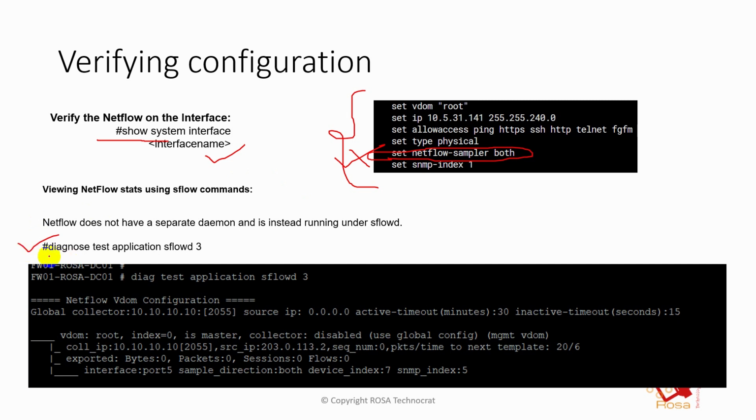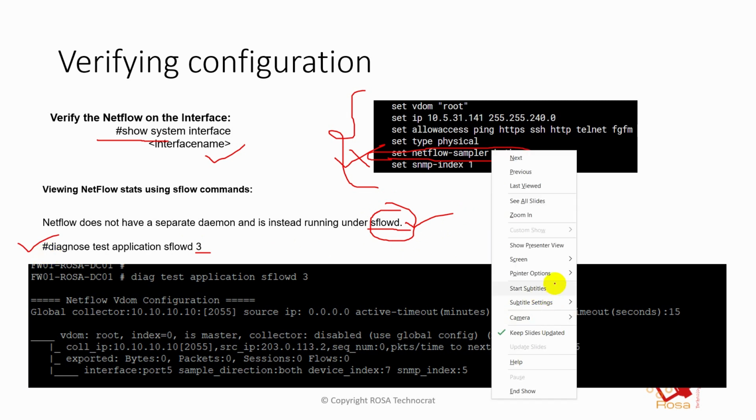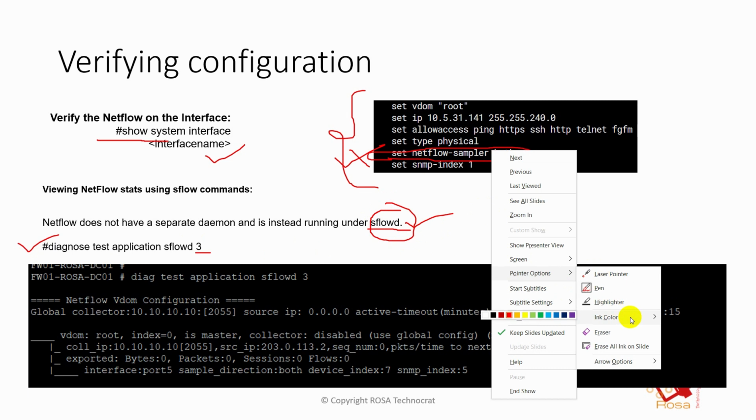So if you run the command diag test application sflowd. Why sflowd? Because Netflow is handled by a process that is called sflowd on the FortiGate. So any issues related to Netflow are handled by this particular process, sflowd. So when we are doing diag test application sflowd and the variable 3